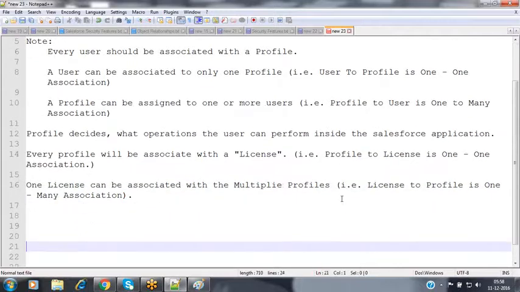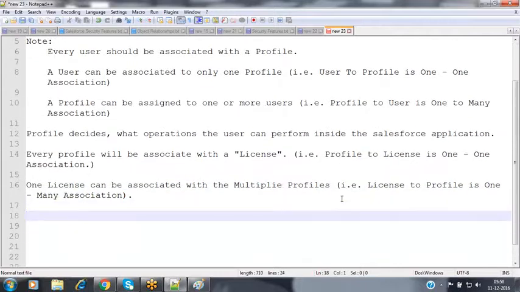Now, Salesforce is providing some set of standard profiles to you by default, which can be assigned to one or more users inside your organization. But what are the profiles provided by Salesforce?